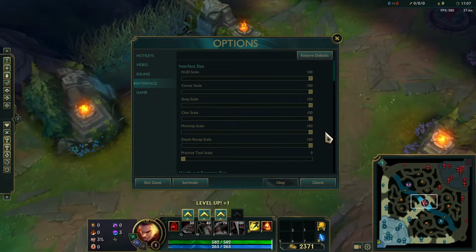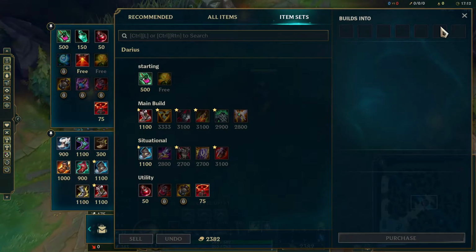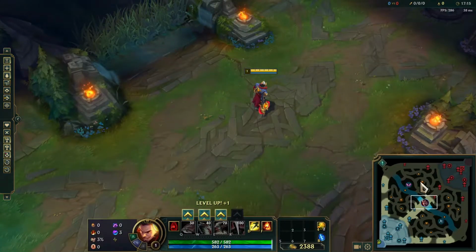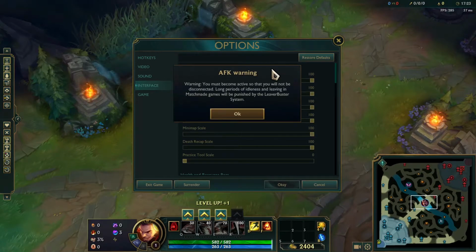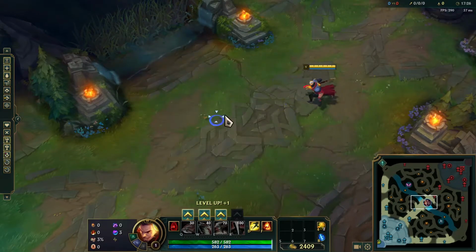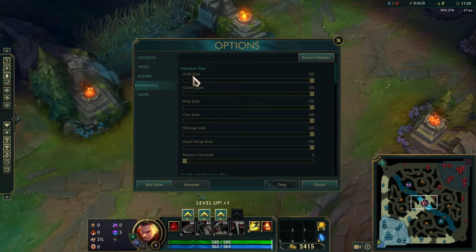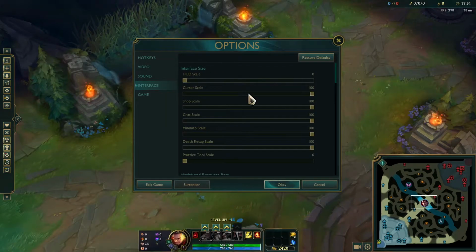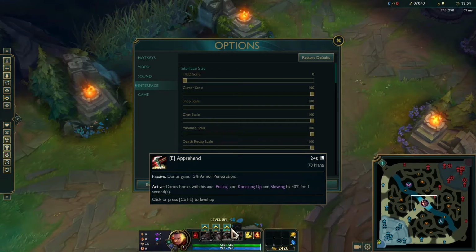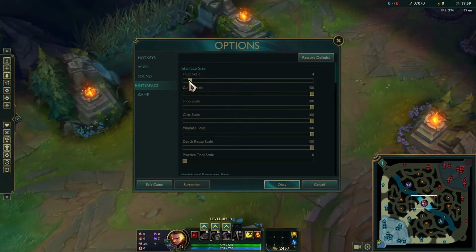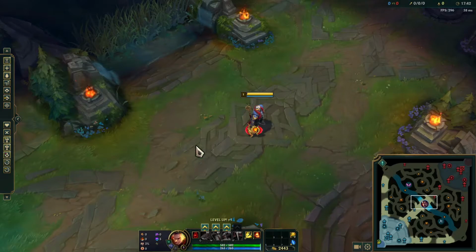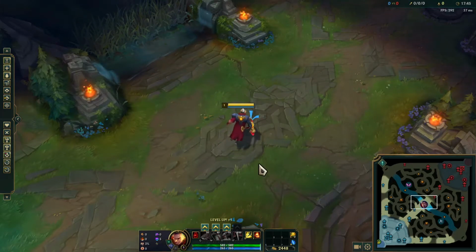Getting down to the interface, so this is a big one. The interface is your health bar, as well as the shop, your HUD, and your minimap. So the way I have things set up is I have things actually turned down quite a bit. With that philosophy of maximizing information that you need while minimizing information you don't need, first of all, the HUD scale I have turned all the way down to 0. As you can see, it's still up, but it gives me a whole bunch of extra room to click. Let me save that. As well as it gives me more information on the map down here in my visual